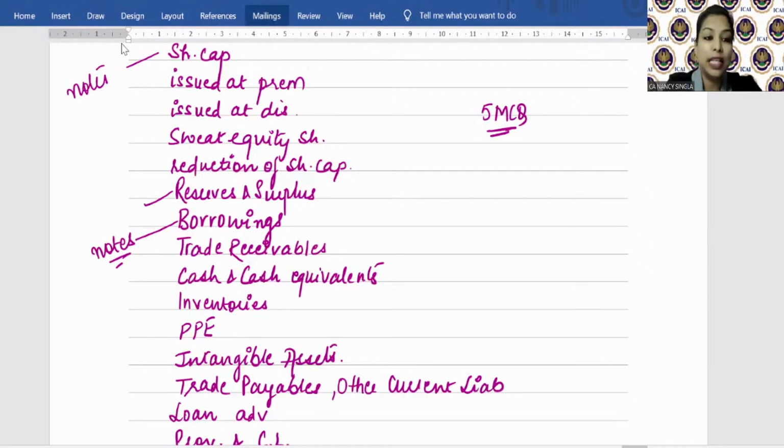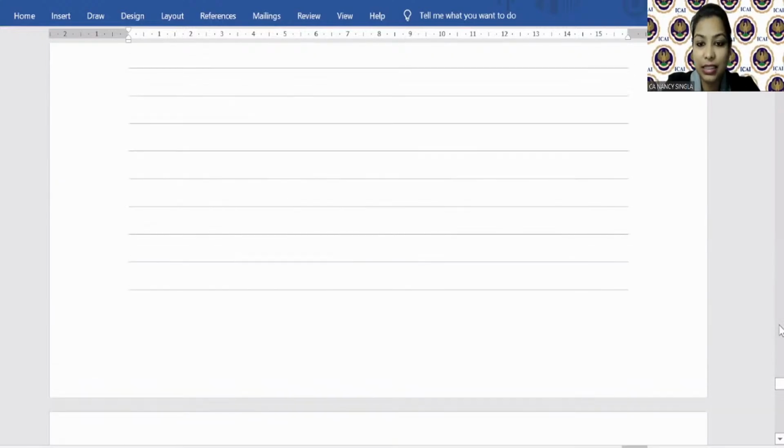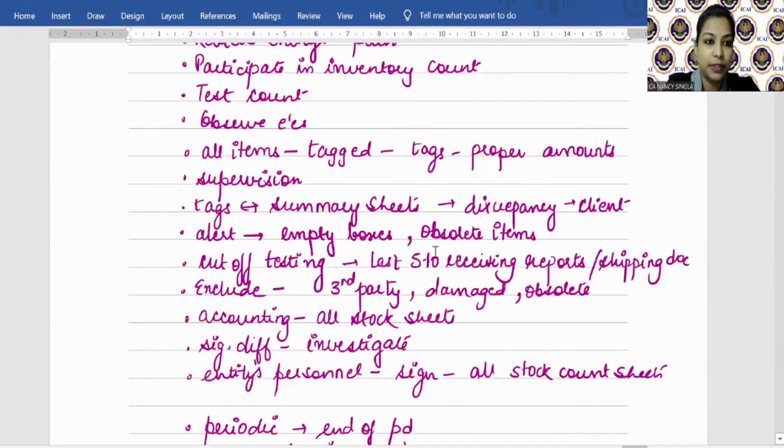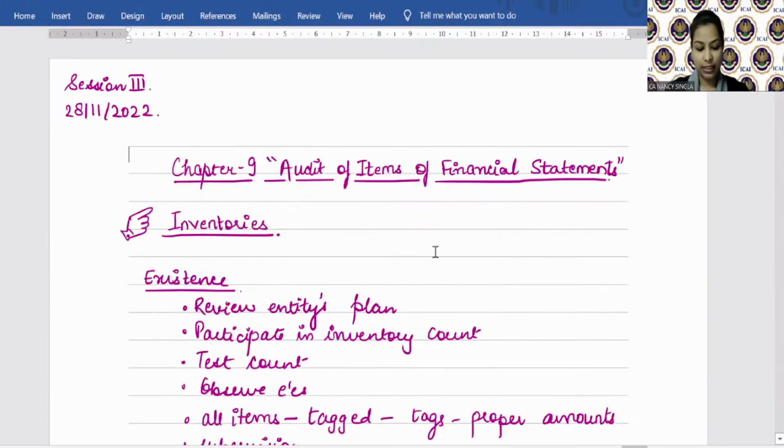So let us start with inventories, which we had discussed in the last session, but now in detail and from the module. Inventories, as you all know, are current assets. The relevant accounting standard, you all told me, is AS 2, which says that inventories need to be valued at cost or net realizable value, whichever is lower. Apart from this, I told you that